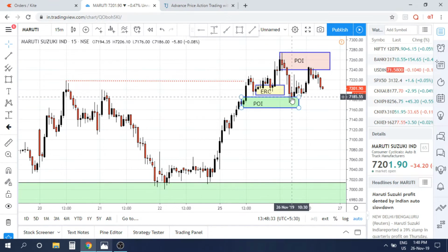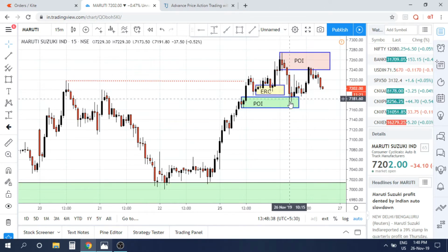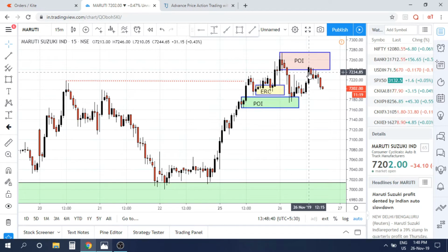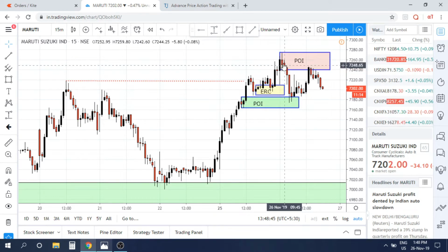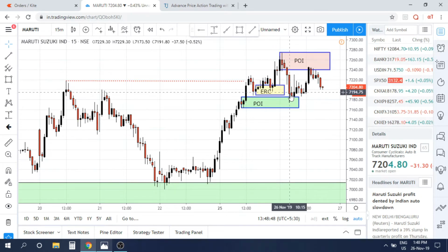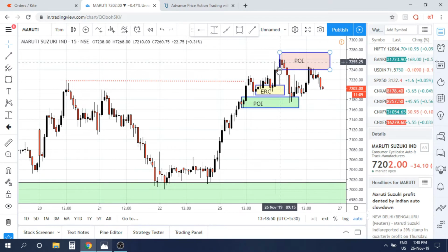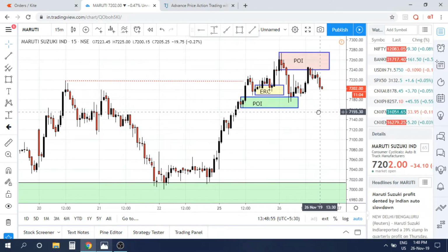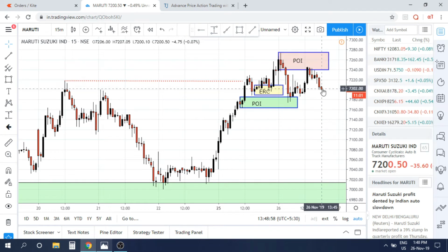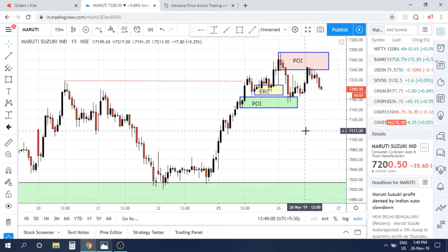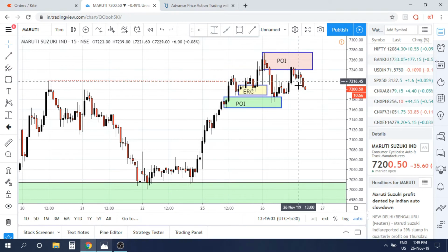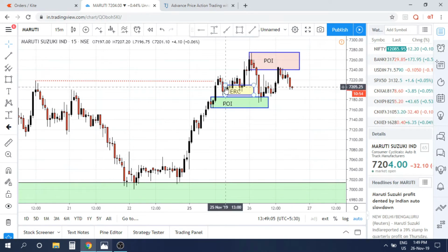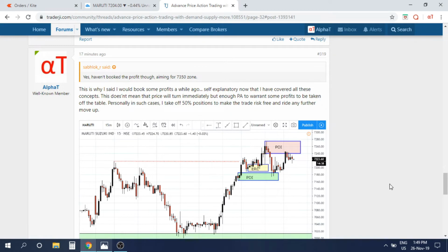Then price dropped back. It eliminated or engulfed this ERC zone and hit this POI, and again it reacted, right? So both these zones had good power. And then price, since this ERC was engulfed by this POI, so this also assumed importance. So therefore price went up and is now reacting from that POI. And I think it's already given 1 RR so far. So let's see, this does not mean that prices will turn here immediately. So in the discussion I had mentioned that